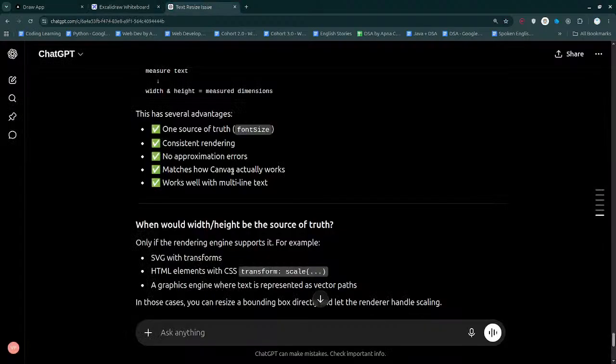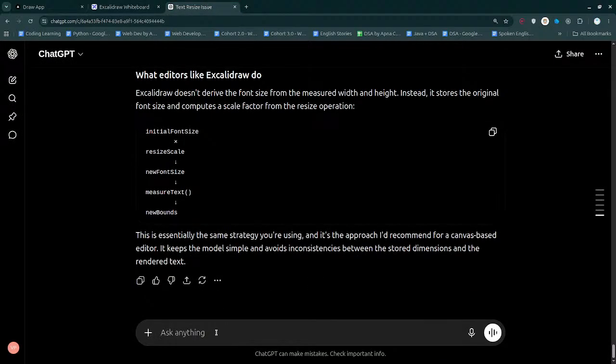Like I need to know more about other stuff. Then only I can fix this. How does Excalidraw handle this? Because it increases the size of the text when we